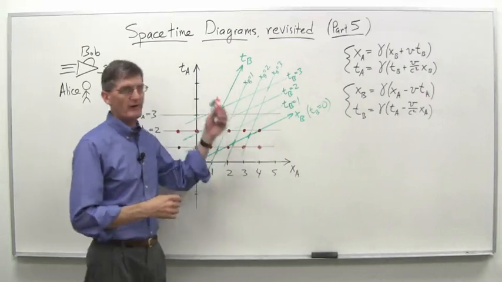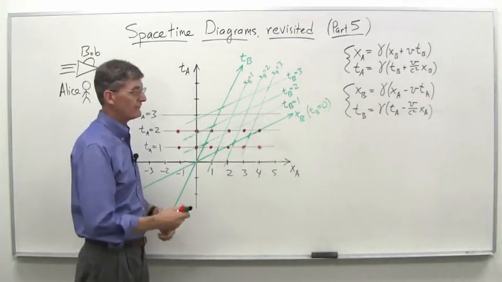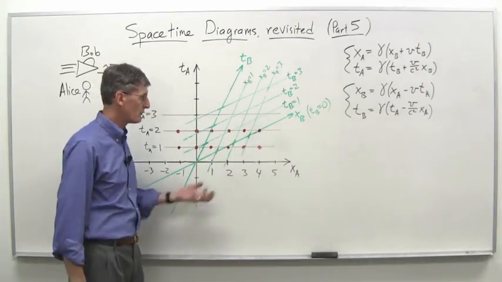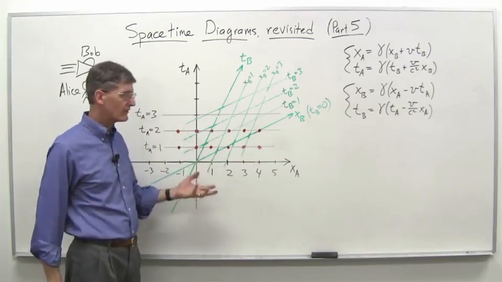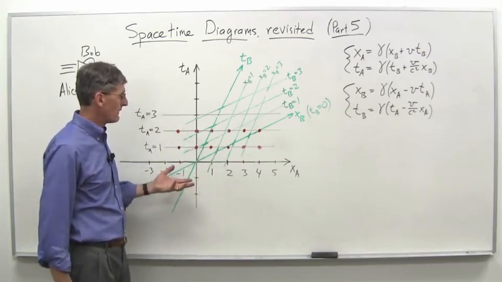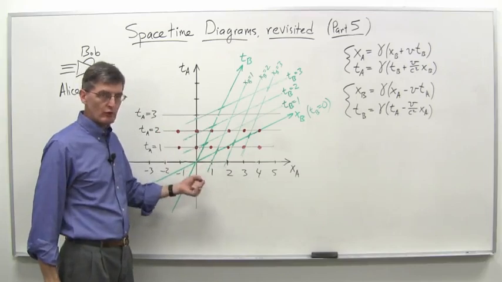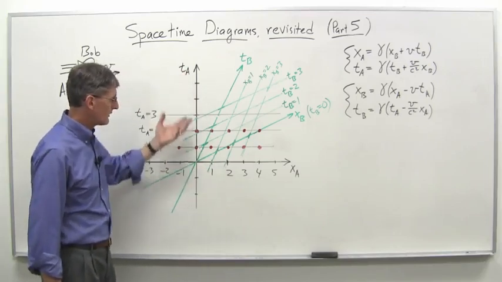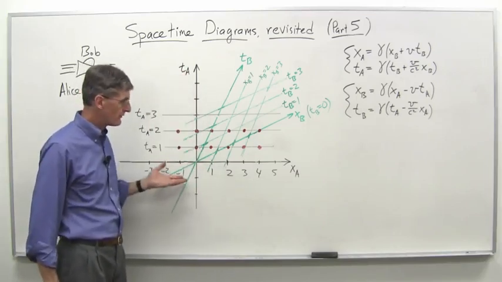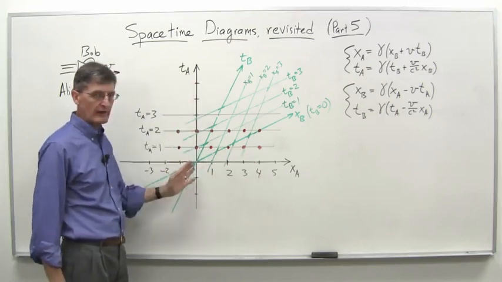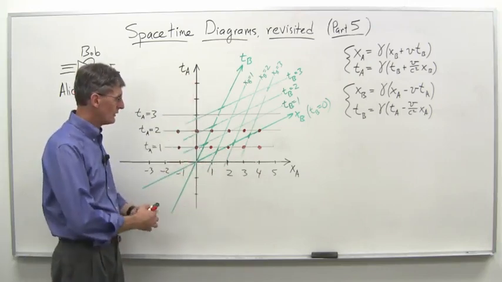Okay, now part 5 of our revisit to space-time diagrams. We've tried to clean up our diagram from last time just a little bit. So let's review what we've got here. We've got Alice's plot, her frame of reference, the X sub A axis, the T sub A axis in normal right angle